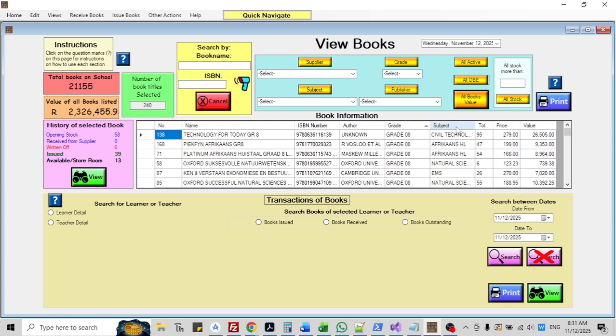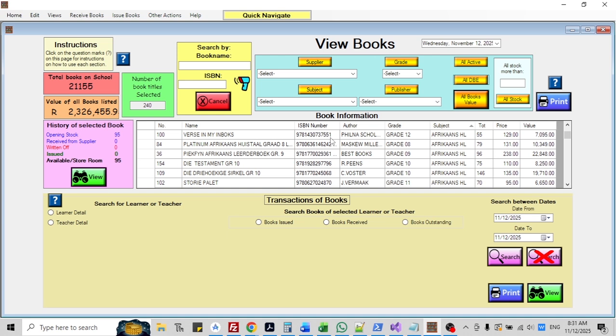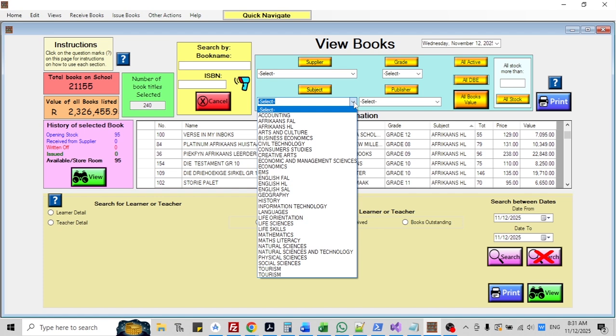I can click on here, then it will sort it according to the subject as well. Say for instance, a teacher comes to the person that runs the system and asks, listen man, I teach creative arts.